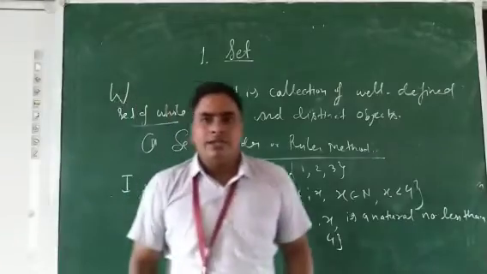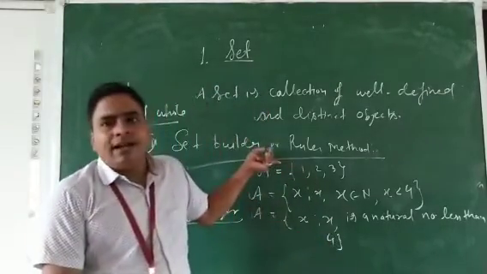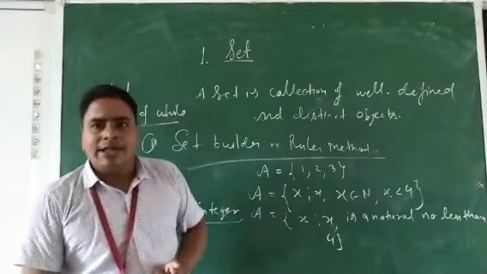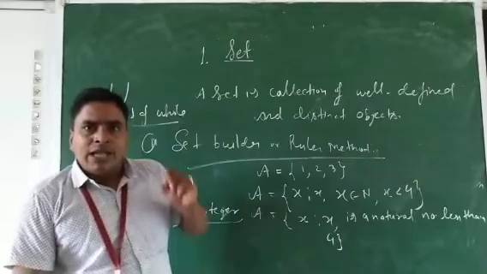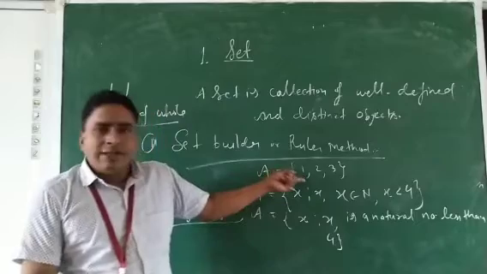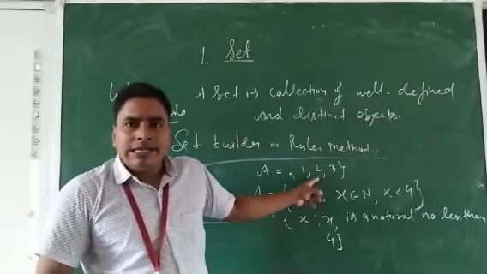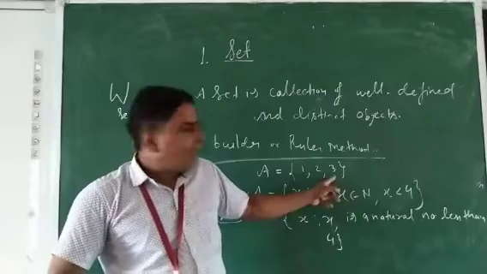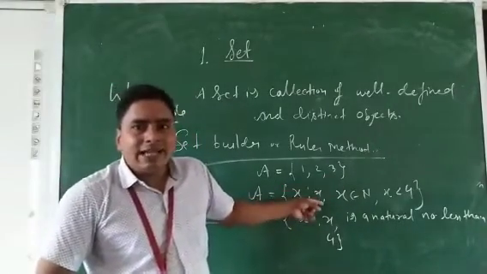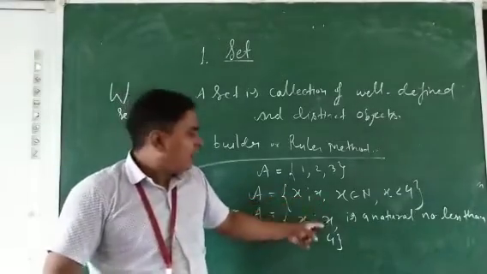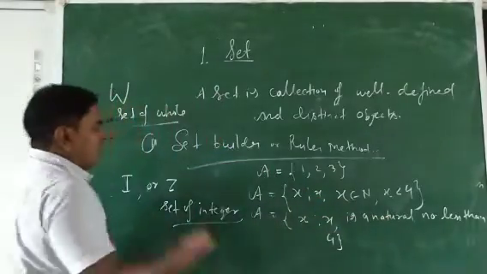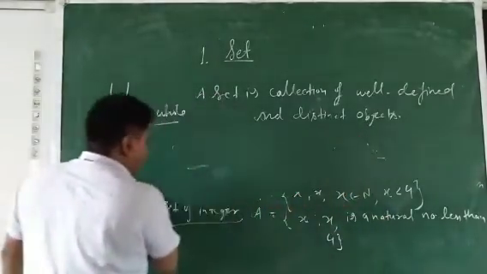Set of integers. Okay, clear? How do we represent this set in set builder form and in roster form? In roster method, we represent each element of the set, separated by commas, within brackets. And in set builder form, we represent this set with a general letter x or with a statement. Clear? Okay. Now we will find the number of elements of a set.